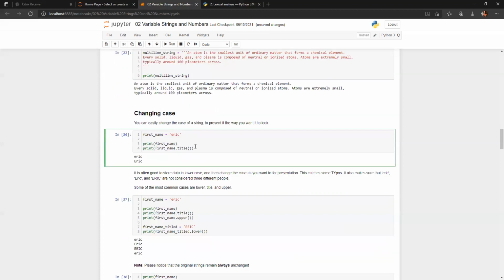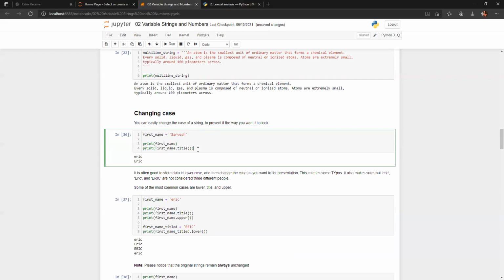Now, going on with the next part, you can change the cases of whatever strings you are storing. Suppose you are storing a first name and the name is Eric. Let's change this name to Sarvesh. Now, if I print this string, I'm using different types of functions which are there in Python, or you can say the inbuilt functions, that are used to do your operations.